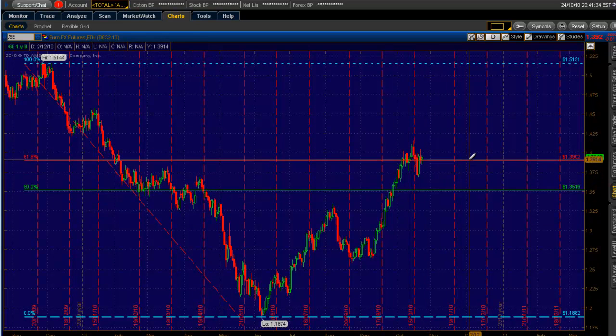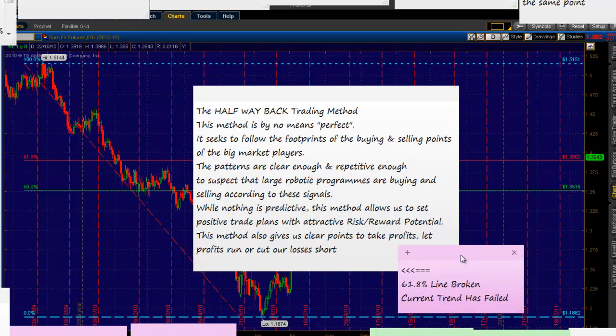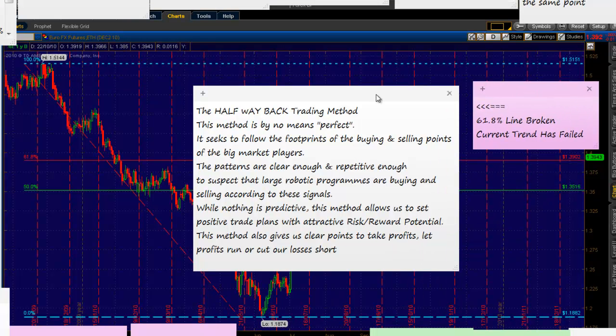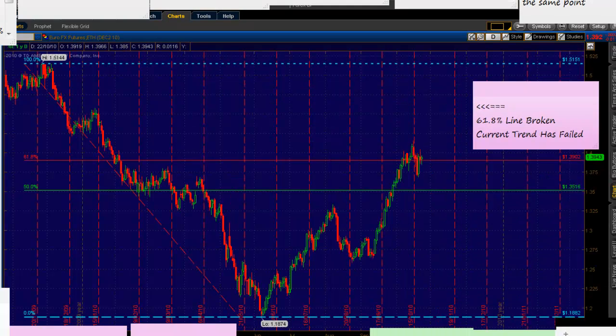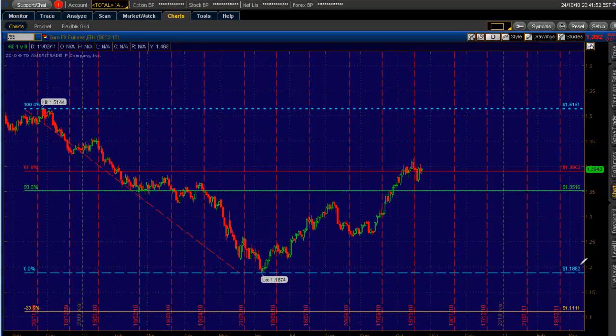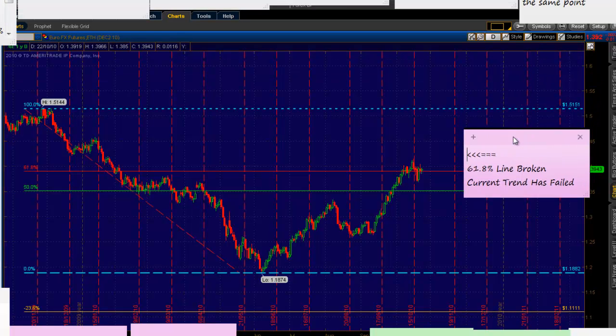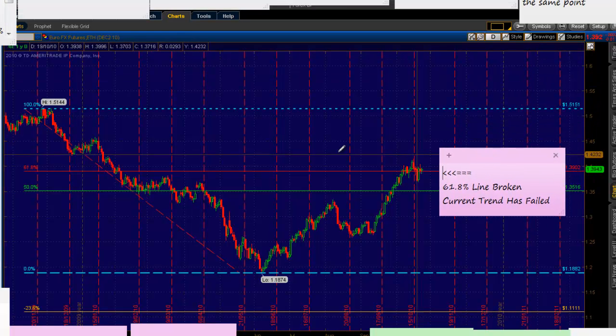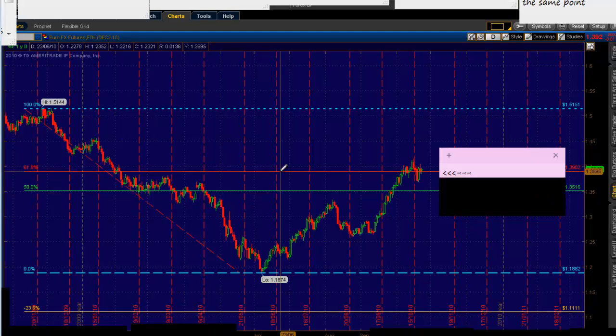The 618 line has been broken, so the trend has failed and the negative 23 targets are now no longer valid because this 618 is broken. So we delete that line,